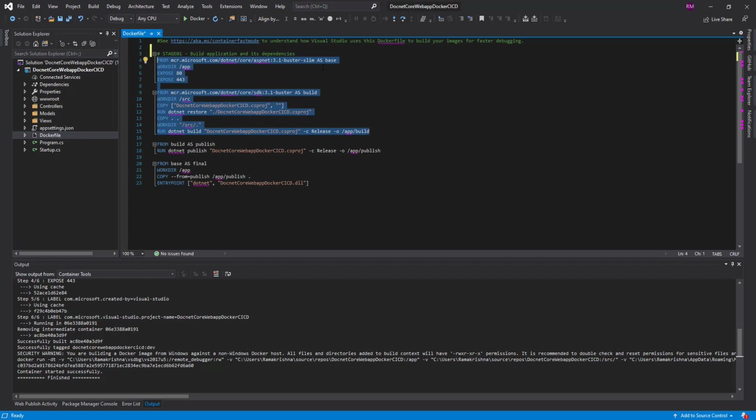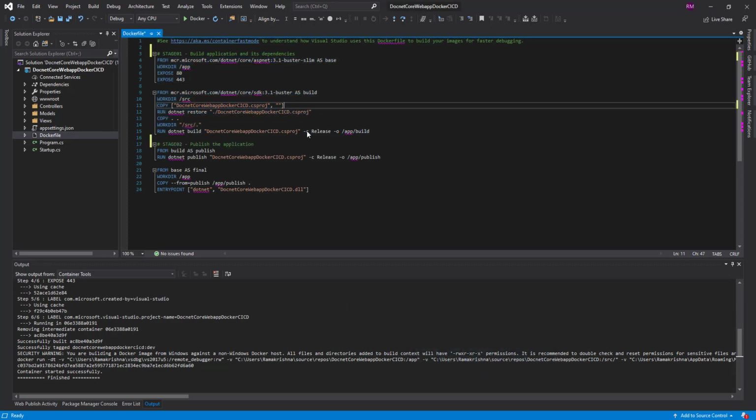At this stage, it restores the packages and dependencies required to build our application. Notice the project uses the .NET Core SDK, which is our base image. So it creates a build in this initial stage. The source for this dependency is also received from mcr.microsoft.com. Once the dependencies were received, it exposes port 80 and 443.